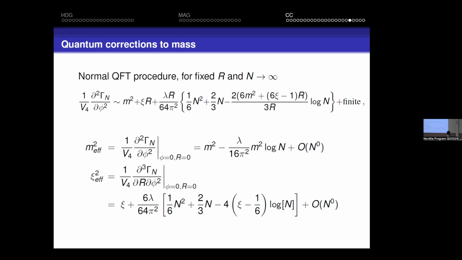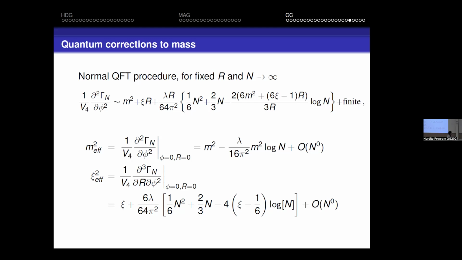So this is the result, and you can read off from here an effective m, and it has this logarithmic divergence, which you can recognize. It's actually the same result that you find in ordinary perturbation theory. You get the log of the cutoff. This gives you a beta function for the mass. And it's the standard result, the standard coefficient. And you also get some running for some divergence for psi effective.